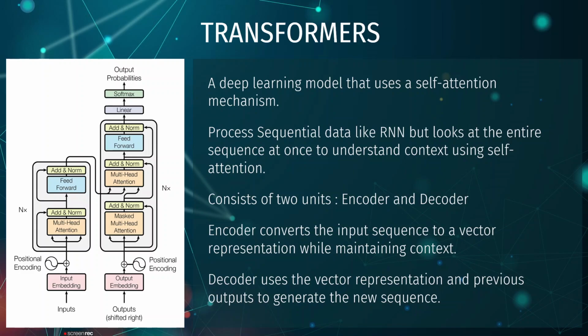In the encoder, the input sentence is converted to a vector representation by translating each word to a vector while maintaining the context of the entire sentence using the attention mechanism. For example, meanings of words in an English sentence can change depending on the context, which is derived from the entire sentence. The decoder takes as input the vector representation formed by the encoder